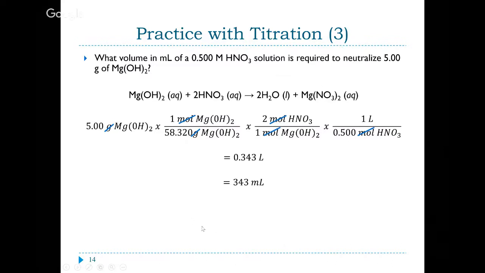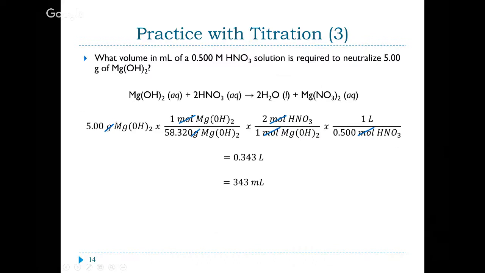So we need to find our moles, because this is the way that stoichiometry works. Things react based on amounts. So here we're not starting with a molarity, we're starting with a mass, which means then that we have to divide by a molar mass to get to our number of moles. This comes from our balanced equation, right? 2 moles of nitric acid for every 1 mole of magnesium hydroxide that we need. And then here is our molarity that we're using. So 5.00 grams times 1 mole times 2 moles times 1 liter divided by